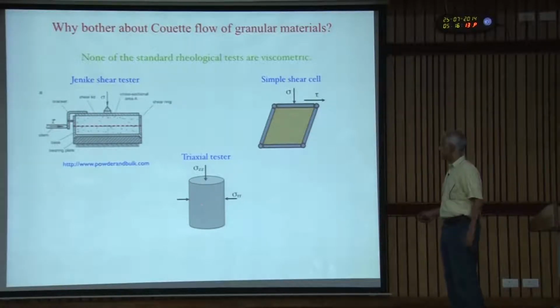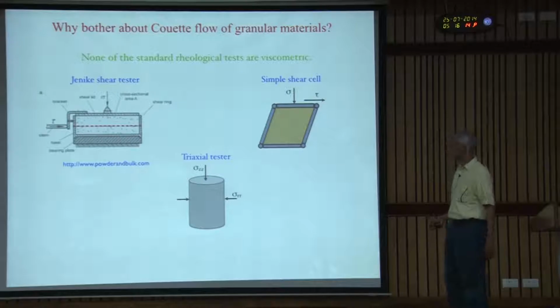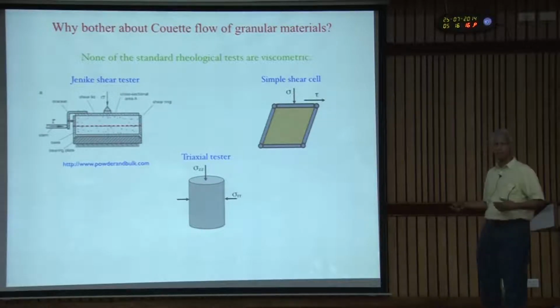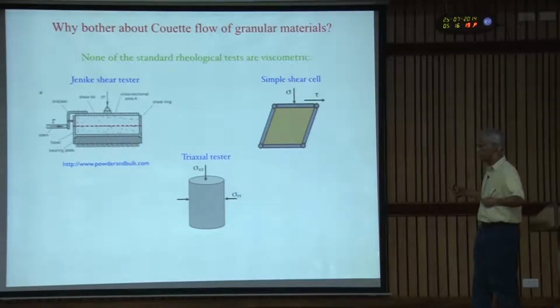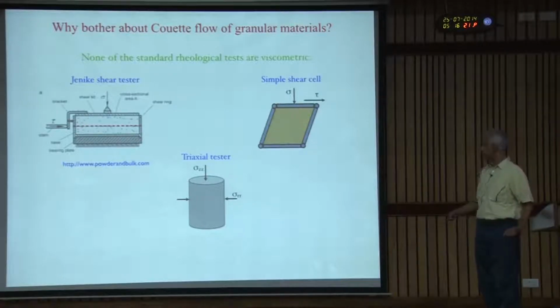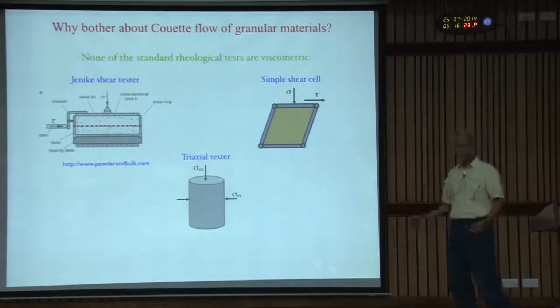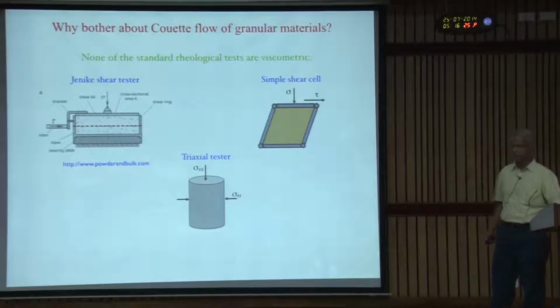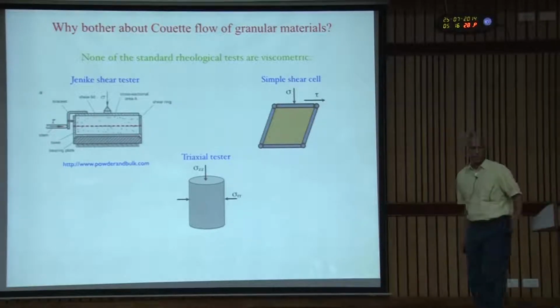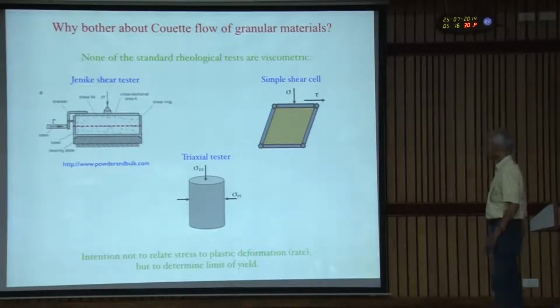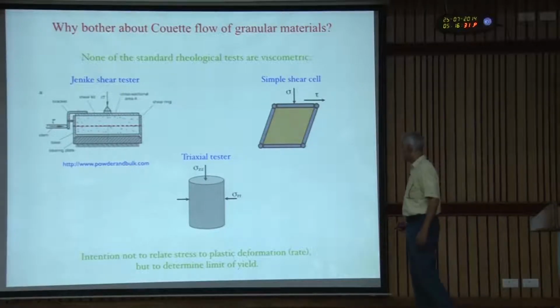And yet another is this triaxial tester, where you apply an axial load and a radial load, and vary those loads until you get the so-called yield surface. And all of these are essentially used to determine the